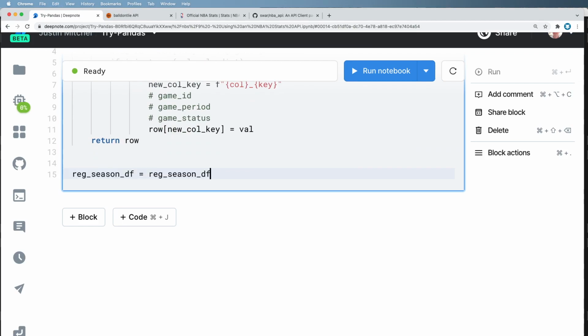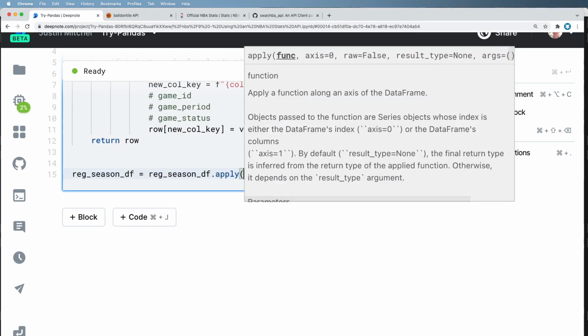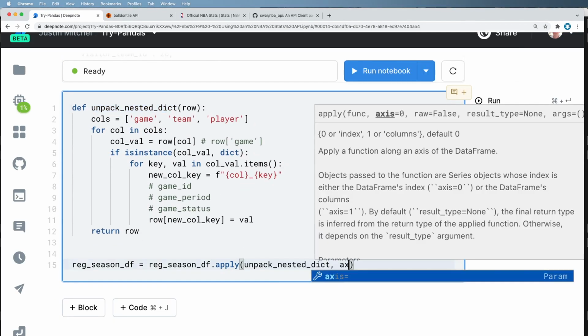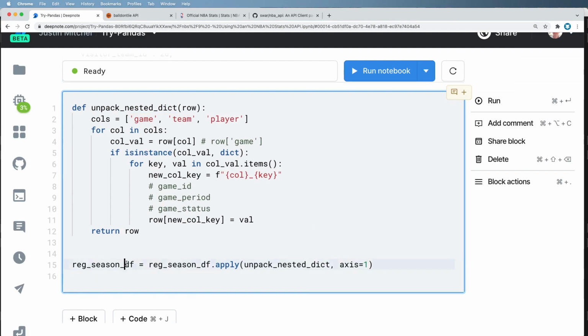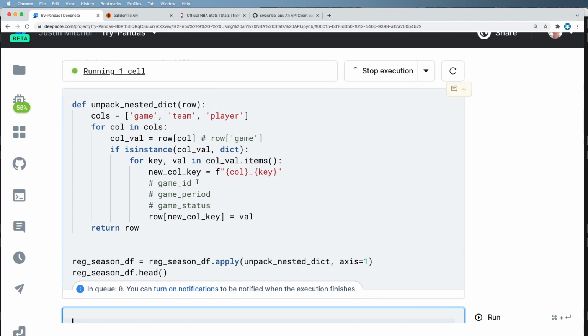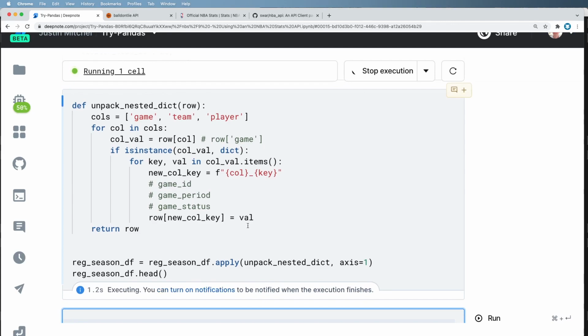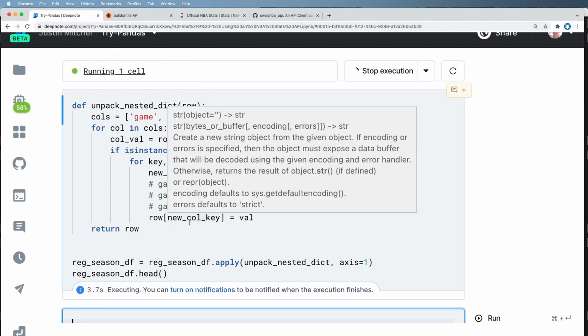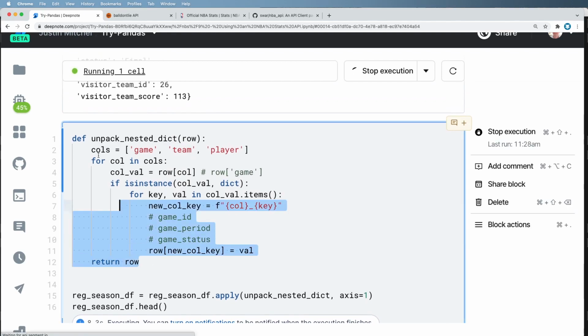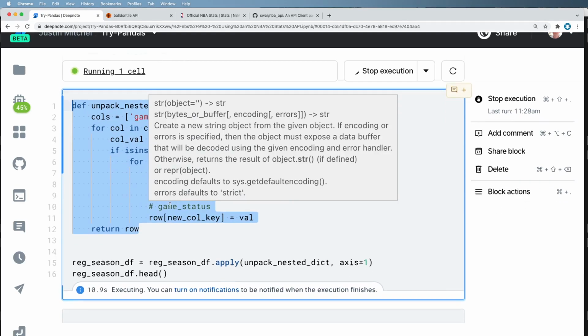And we'll go ahead and do regular season data frame dot apply this unpack nested dictionary on axis being 1, and then we'll look at this regular season data frame head. Okay, so really just trying to flatten out this data. This is just a quick and easy way, maybe not the quickest way, but a quick way to do that. Now, I would absolutely love to see a more efficient method to this. There probably is one, and it's probably based in pandas,